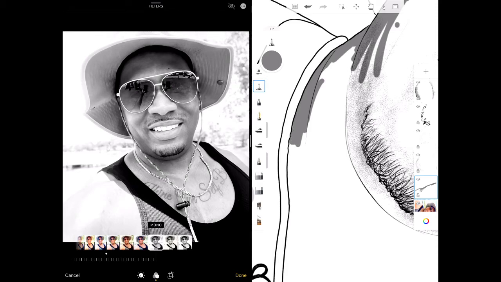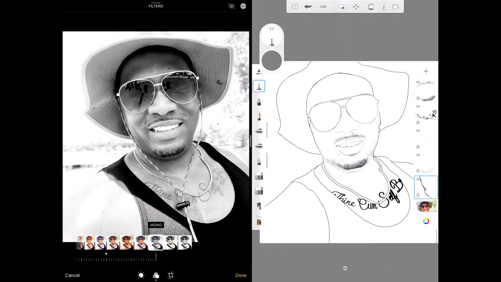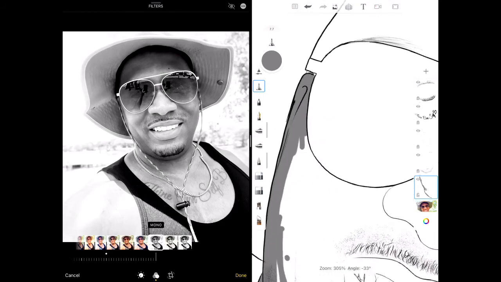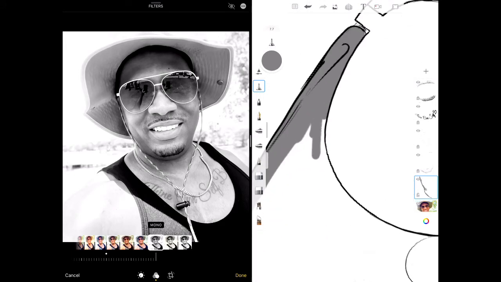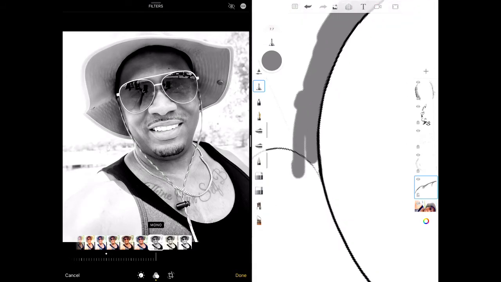Midtones are basically the center color, in between the white and the black color. The dark shade is the total black color, which we call the shadow, the dark side of the reference. And our highlight is the lightest part of the reference. So just try to get used to those terms. We are going to be using them all through this tutorial.